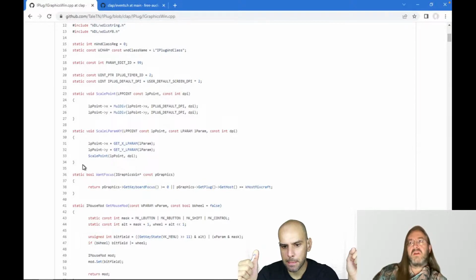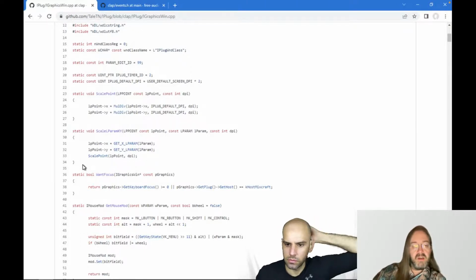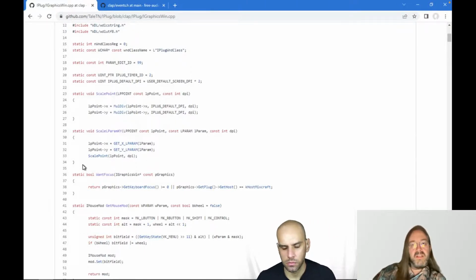Yeah, well, it has a little more, because there is a concept of controls. There's a collection of controls that you have to define in iPlug. And a control is actually just a rectangle. It could be a rectangle that draws something, but it could also be a rectangle that doesn't actually draw anything, but just receives mouse input. So the screen is divided in controls, and these controls have an X and Y coordinate, and they have an order, kind of a Z order, so they're on top of one another. Okay, so to that extent, it's similar to what we have been building in JSFX in my own little library.